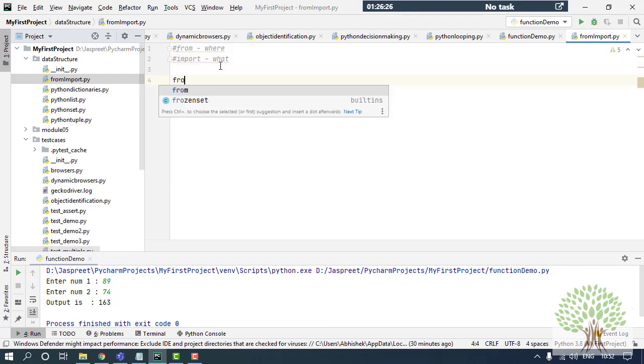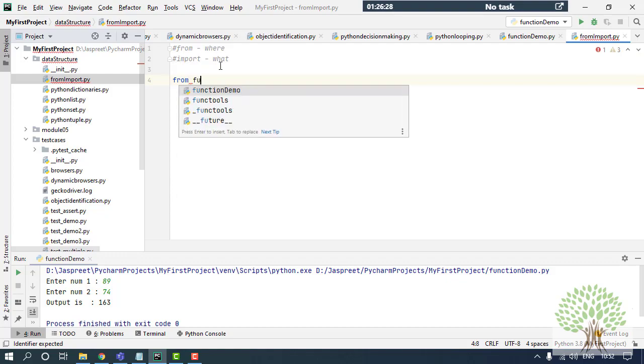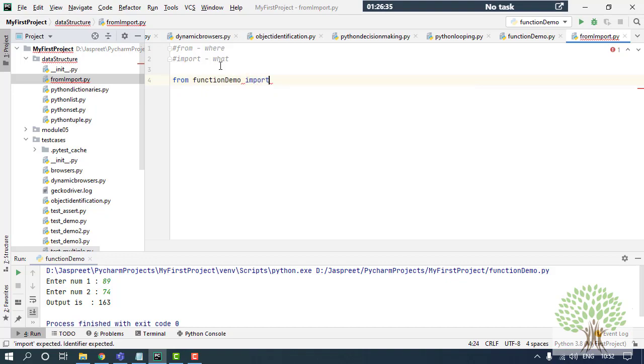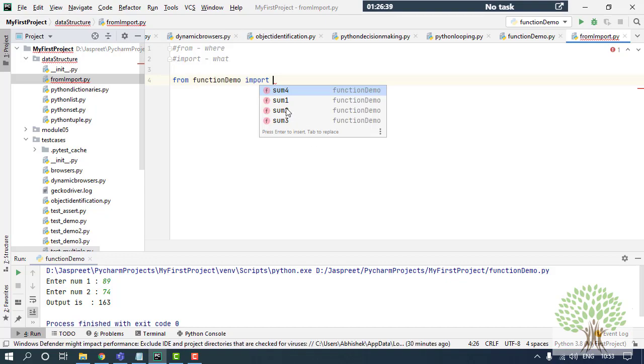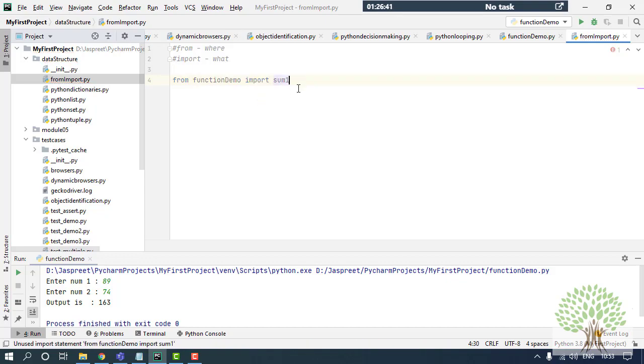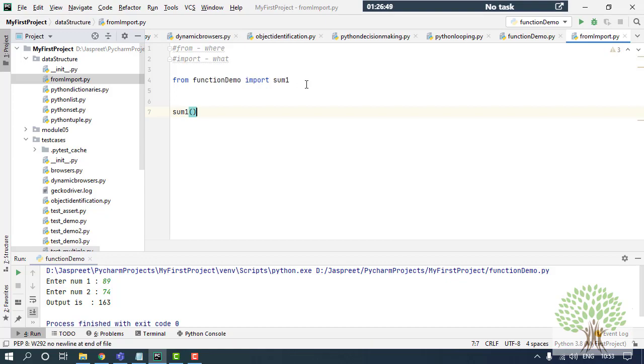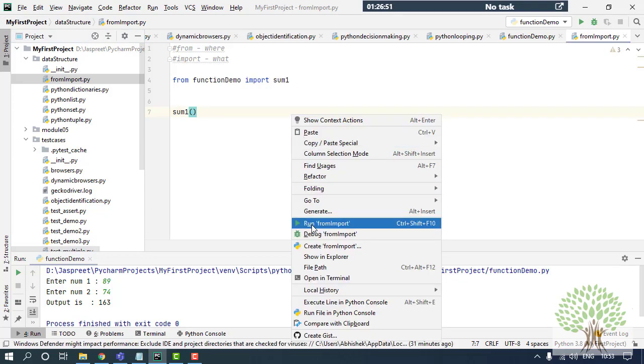So I'll say from functions demo, from that particular module, import. Now there are 4 functions in this module, so I can import any. Let's say I'll import sum1. Now I want to run this sum1 over here. So I'll simply call the sum1 over here. And I save this and run this.